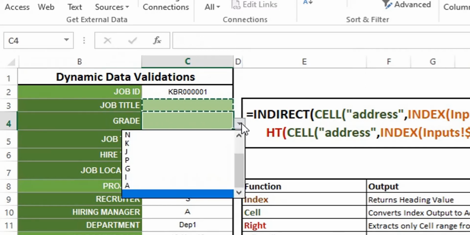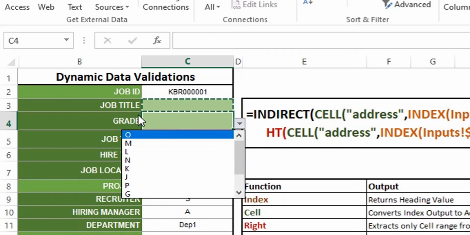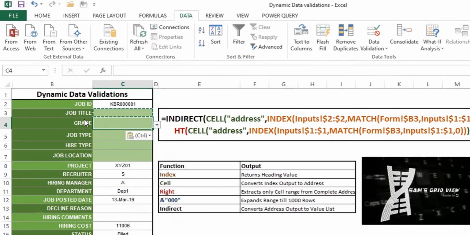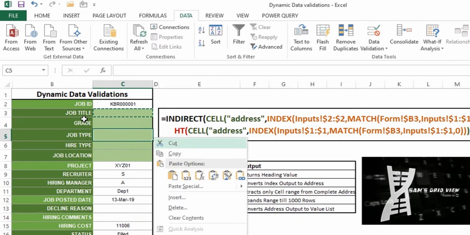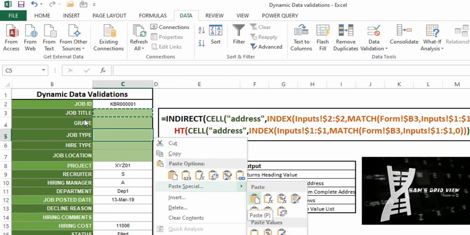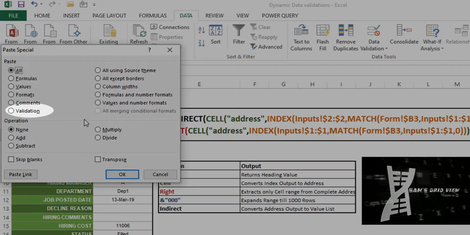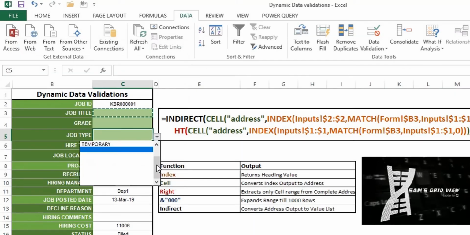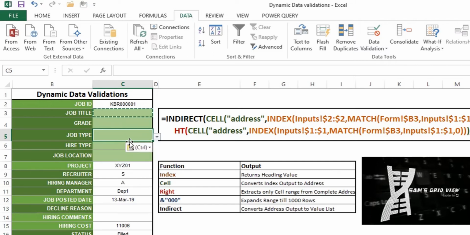If I select my drop-down, you can see the list has completely changed based on the header here. In the same way, let me copy and paste this to the next cell. Make sure you select validation while doing a paste special and hit OK. Now you can see you have got full-time, part-time, contract or temporary.